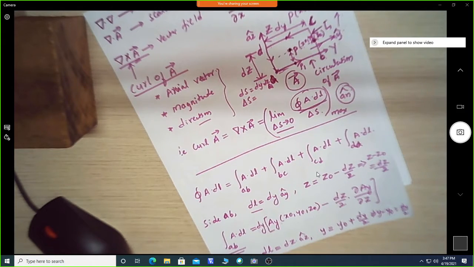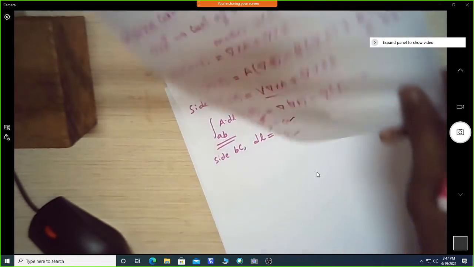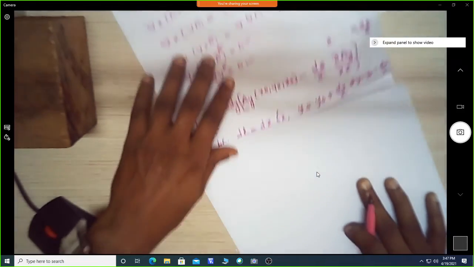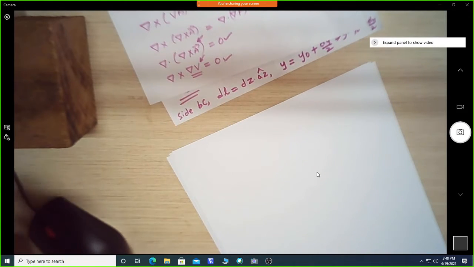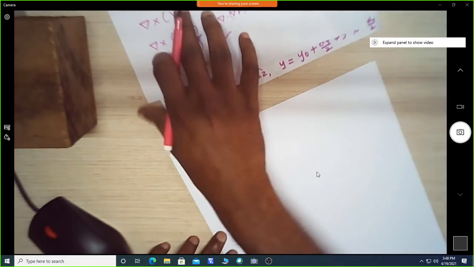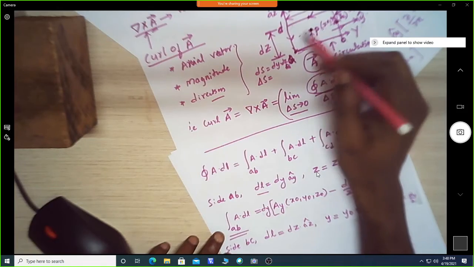One more thing. We have already done the divergence theorem, right? What the divergence theorem says, which we have defined already, is that it relates a surface integral to a volume integral. If I have a closed surface, it becomes a volume. We already proved that in the divergence theorem. Similarly, here we have a closed line integral, and it will become an open surface, right?